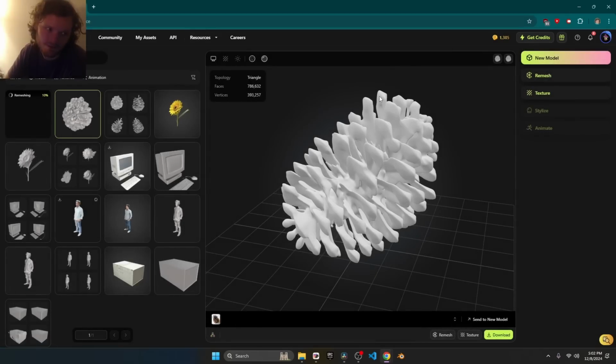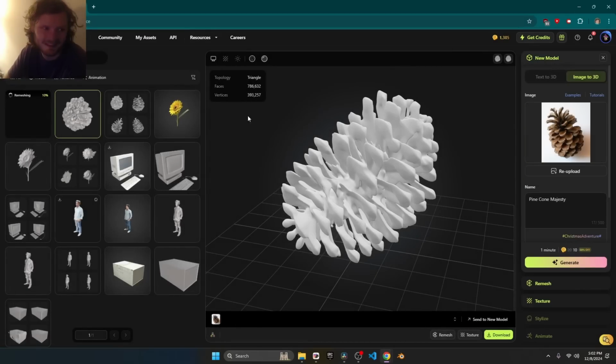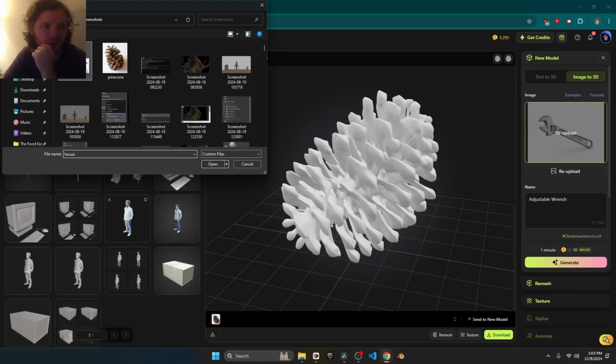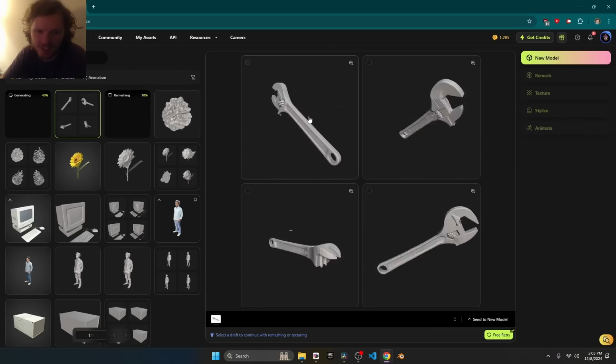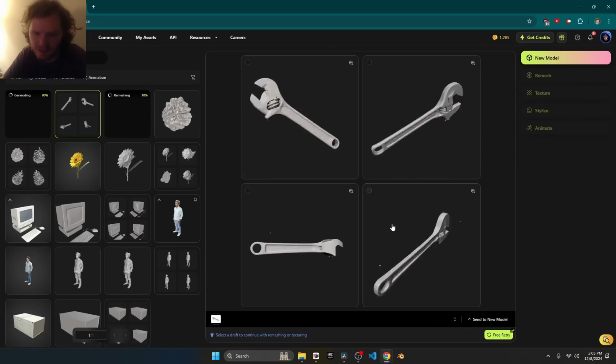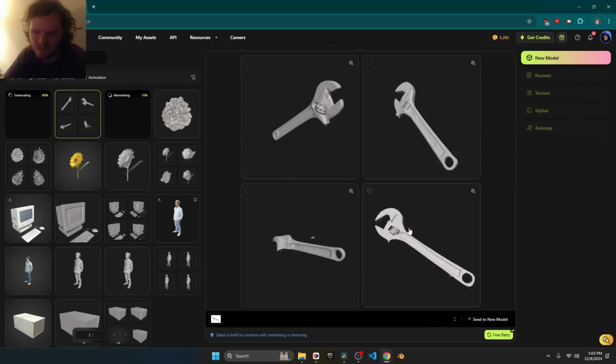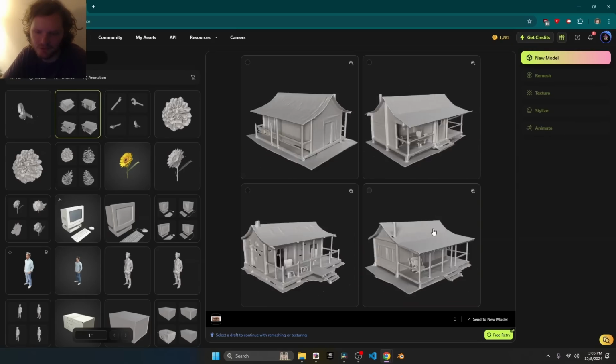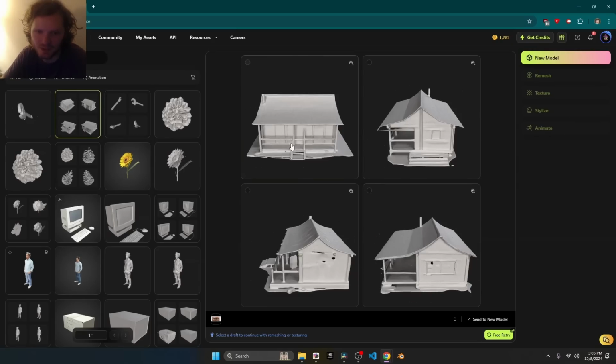A benefit of Meshy is I believe you can do concurrent things. You don't just have to do one at a time. I'm going to try the wrench model. And while we do that, why not also the house? For the wrench, it looks like the model is of much higher quality. This one might be good, even though it has floating islands, because we can correct for that in Blender. And then for the house, this is where it gets really impressive. I'm going to go for one that has the minimum number of holes, which seems to be top left.